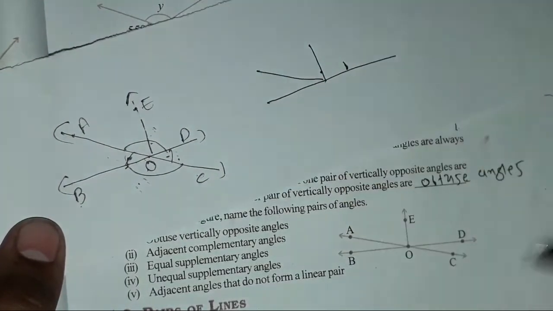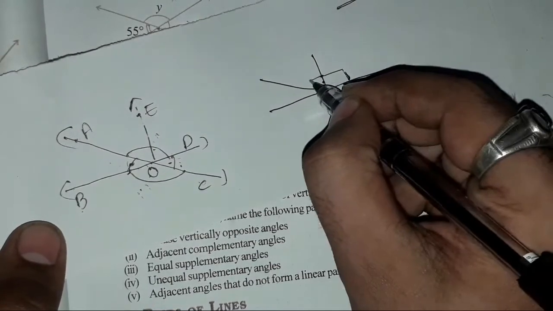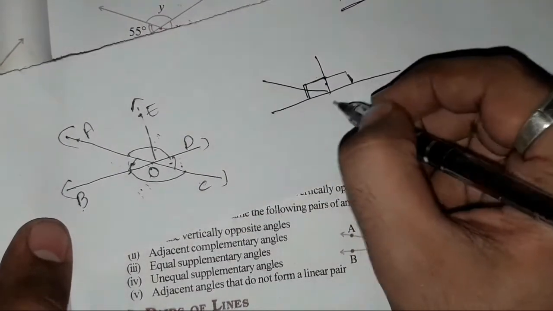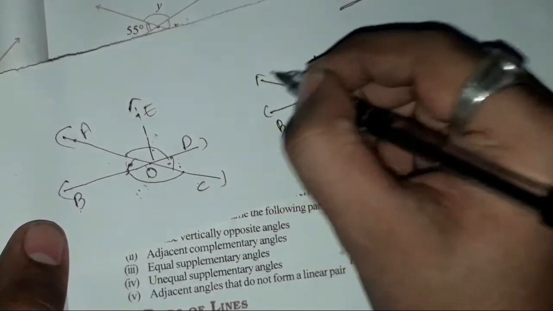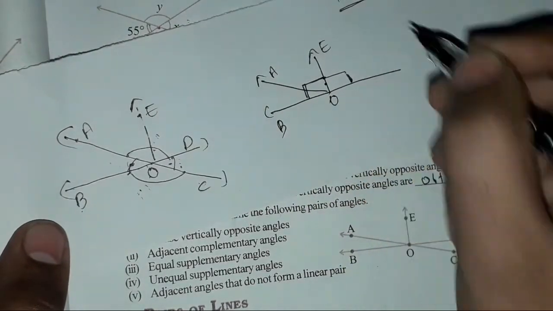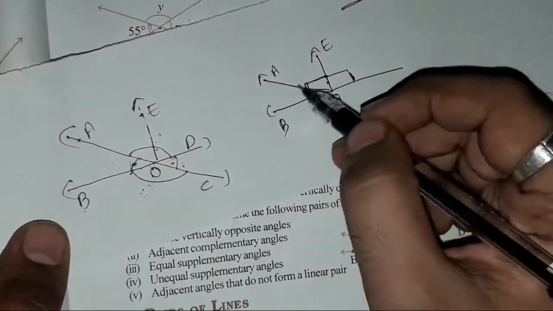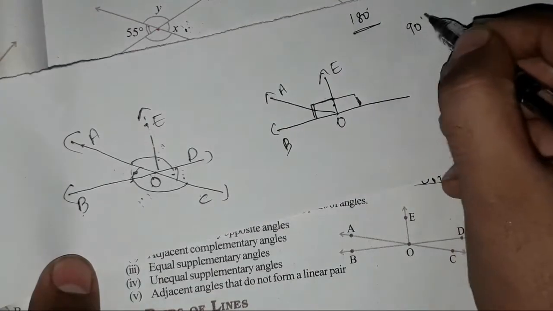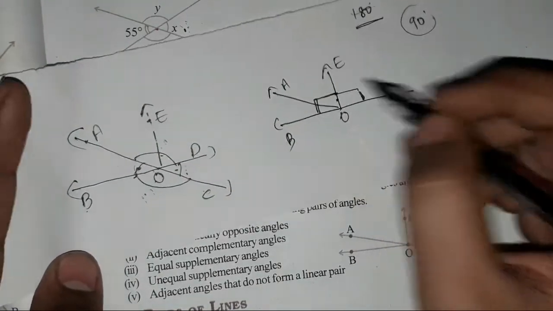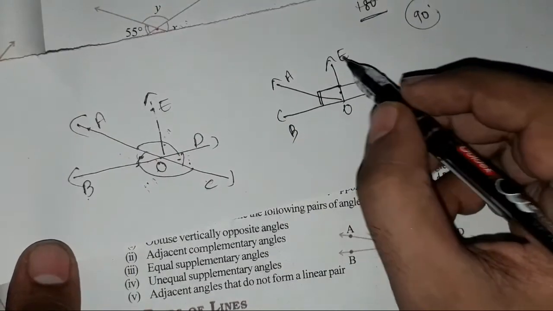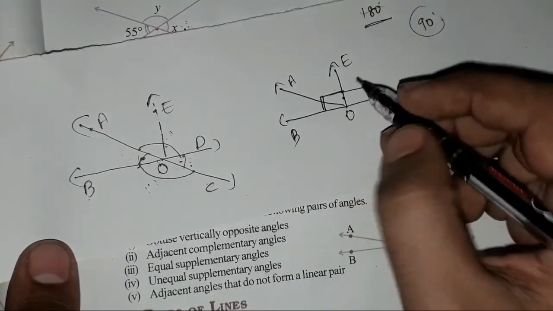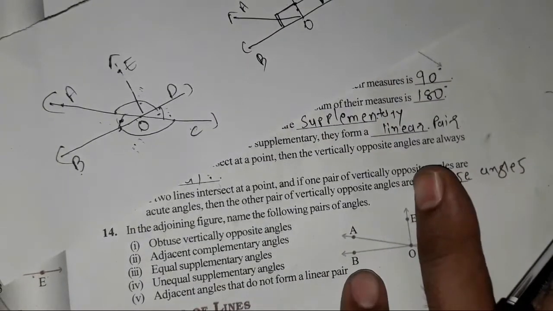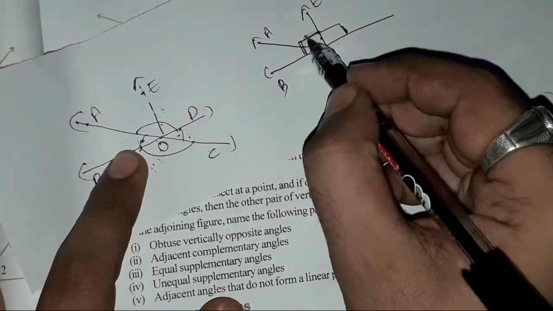Now here this line is straight, which is at 90 degrees, so the measurement of this angle will also be 90 degrees. Here I am giving the name of this one O, this is my B, this one is my A, and this one is my E. The angles formed on this side, complementary angles, mean the angles whose sum is equal to 90 degrees. The sum of all these angles is 180 degrees, so this portion will be equal to 90. The measurement of this whole angle is 90 degrees.